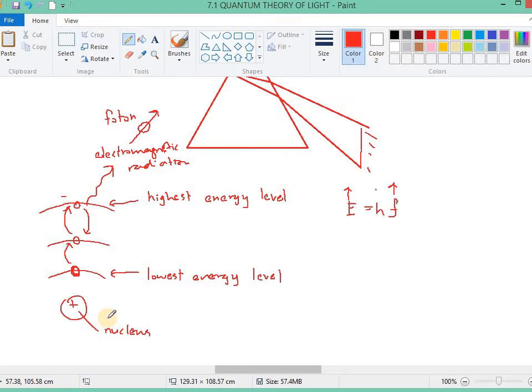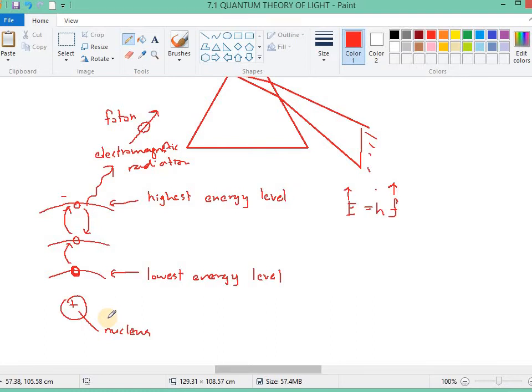Let's say you found a piece of metal. You want to know what the composition is, what elements are contained within that metal. So what you can do is first heat the metal. Let the electrons gain energy, and then after that you detect the